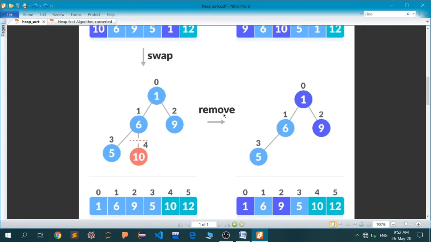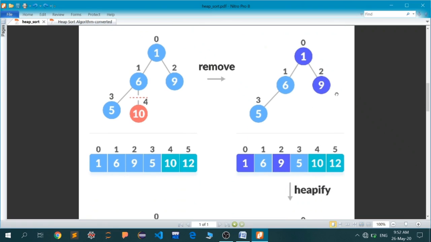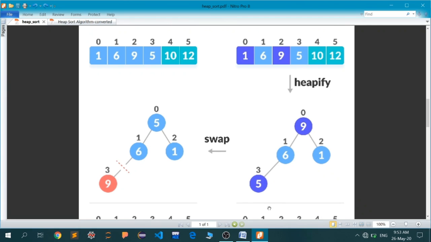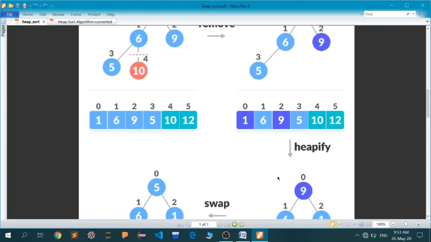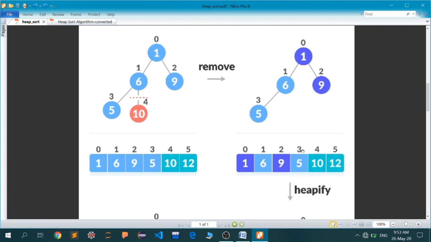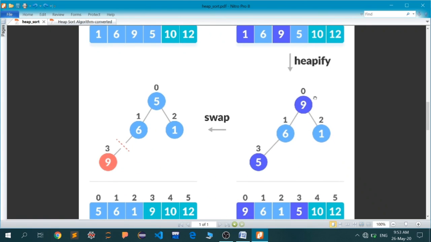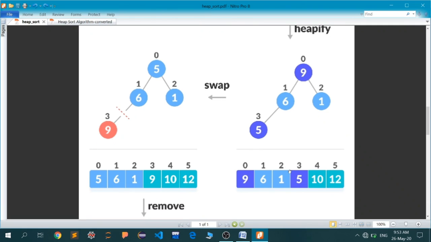Now again we have to remove it. Remove means all we have to do is the number of elements to be passed from the array as part of the tree is now 4 instead of 5. So this is your active array now. And again, this particular tree is not a max heap now, so we'll again apply the heapify method. The topmost, the highest element, which is 9, will take the place of the root. Now the last element of the array, which is actually 5 in this case, will take the place of the root, and the root will take the place of this 5.